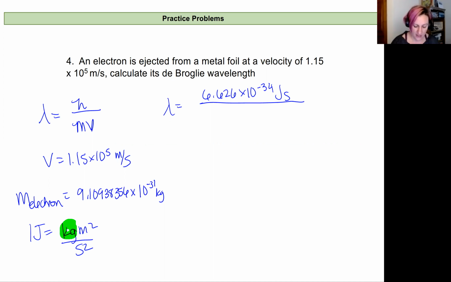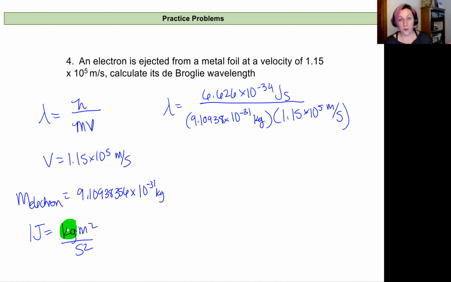So taking that mass of the electron, we'll plug it into our mass value. I'm going to cut off some of these figures just so I have enough room on my page to write it, but when I plug it into my calculator, I'll use them all. And then our velocity is given to us as that 1.15 times 10 to the fifth meters per second. And we'll want meters per second because, again, a joule includes units of meters and seconds. So we don't want to have nanometers or anything like that. And so if we just plug this in, we'll get this wavelength for this electron. And when we do that, we get a value that is 6.325 times 10 to the negative 9th meters.